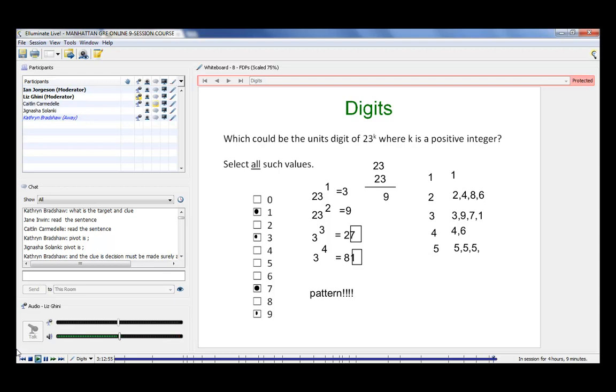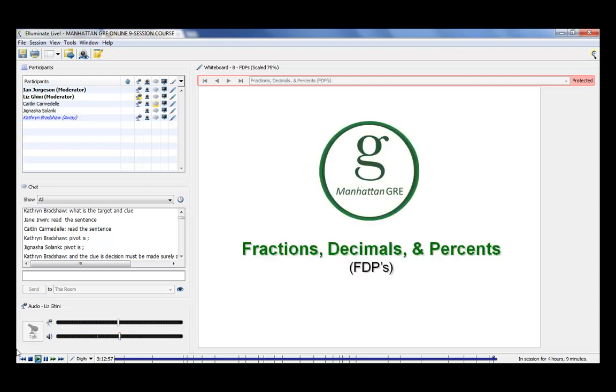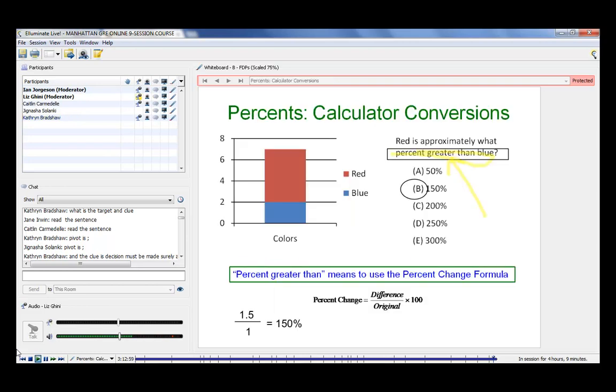Sure, Caitlin. Let's see. Way back, show me where, which slide? This one here? This little beast? Yeah, the problem here is not that the math is hard, it's just the language. % greater than blue. Everybody said 250 because you realize this is 2.5 units and this is 1 unit, but